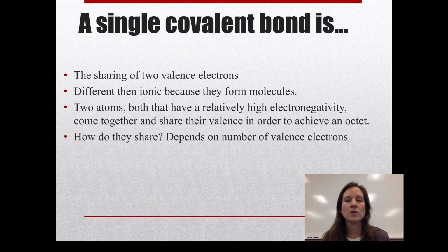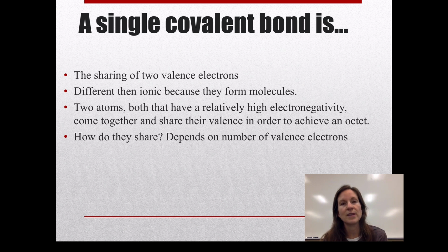Opposed to ionic also, where ionic had something that liked to pull well with strong effective nuclear charge and something that easily gave up electrons, low ionization energy, and they transferred. Covalent bonds instead tend to be with two things that are both seeking electrons. So you have something that pulls really well, coming up with something else that pulls really well, and when they come towards one another, there can't be a transfer happen anymore, so instead they figure out how to share. And how they share depends on the number of valence electrons that the atom contains and how many they are willing to share. Okay? With ionic bonding, we usually say it's a metal and a nonmetal that's coming together to